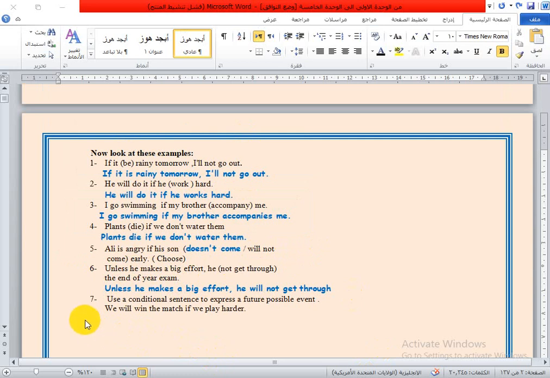Now students, please look at these examples about zero and first conditional. But before doing these examples, please remember that in the zero conditional both sentences should be in the present simple, while in the first conditional the if clause must be in the present simple while the main clause must be